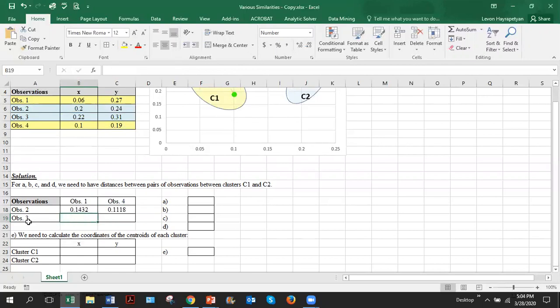2 more. Here we'll compare with observation 1 and 3. So it will be SQRT this minus this one squared plus